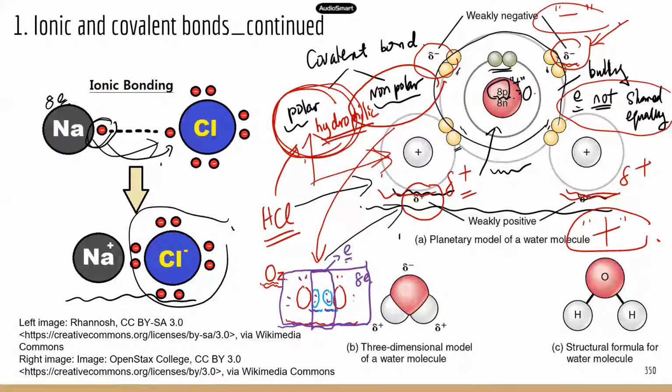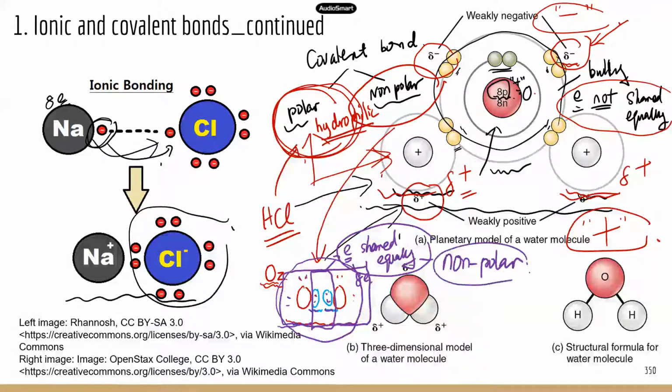In this case, electrons are shared equally. And this is going to create a non-polar covalent bond, which means there is no negative and no positive end. Electrons are distributed evenly within this molecule. So non-polar molecules are usually hydrophobic. So they do not dissolve in water very easily. Now, this might not be a very good example because we're looking at a gas molecule. I will give you another example, and that's